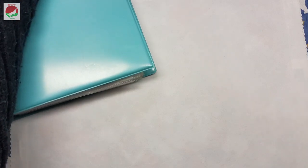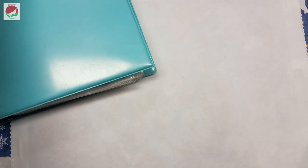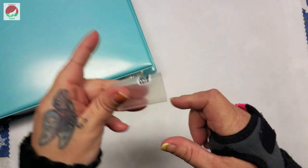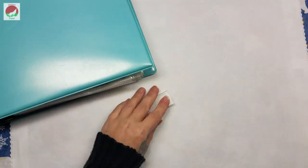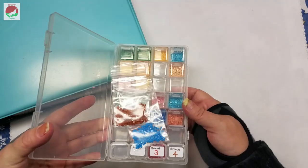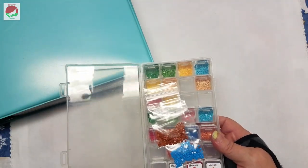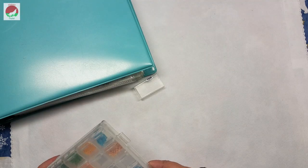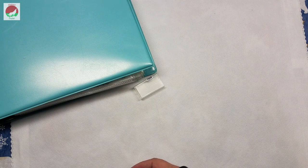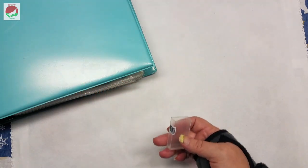So I have a few projects that I need to get kitted up, but before I can do that, I have things like this. Labels need to be taken off. I have a couple projects like that. I have all of these that need to be put into baggies from the stickers that I did. And then I have some squares that need to be put away. I have been slowly working on this, but I haven't been able to really get down into my craft room. And I'm just going to start,